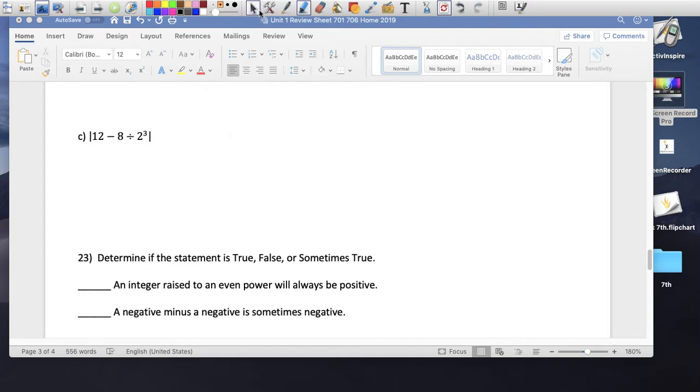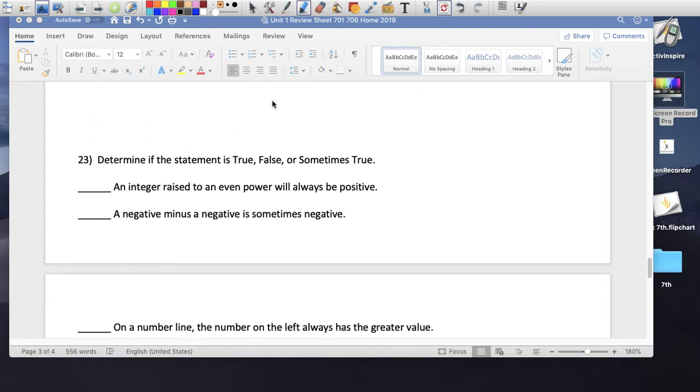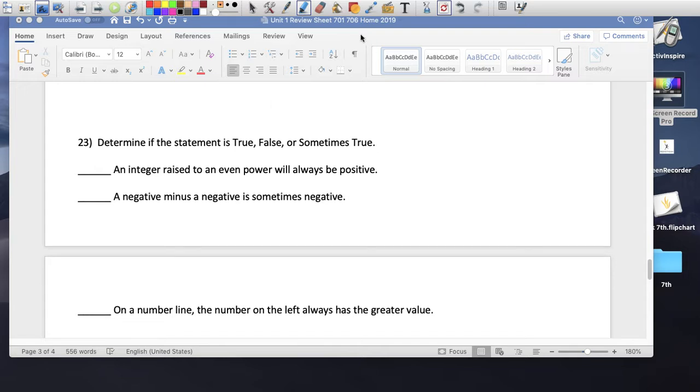11. Number 23, determine if it's always true, sometimes true, or false. An integer raised to an even power will always be positive. Well, if I take a 5, a positive number, and I raise it to an even power, like a 2, a 4, 6, or 8, so that's going to be